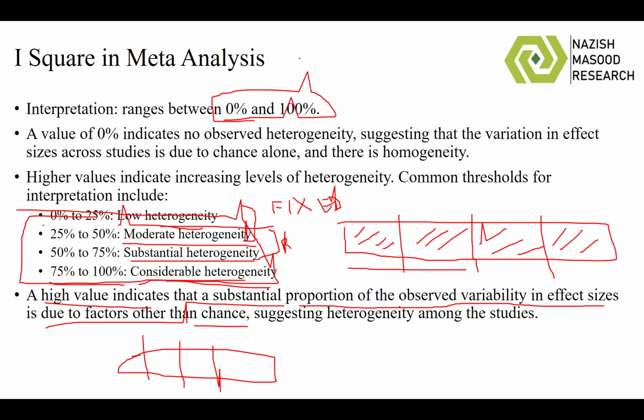If the p-value is less than 0.05, it means that the Cochrane Q is coming out to be significant. It means that we have heterogeneity. So think of it like this: the null hypothesis in this case